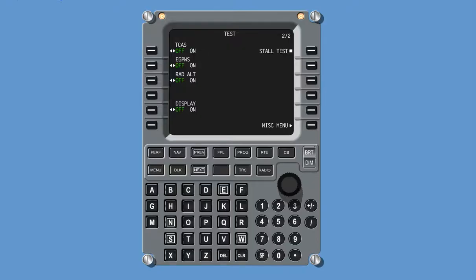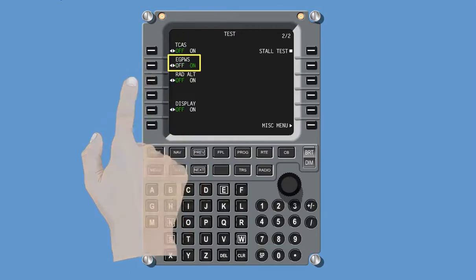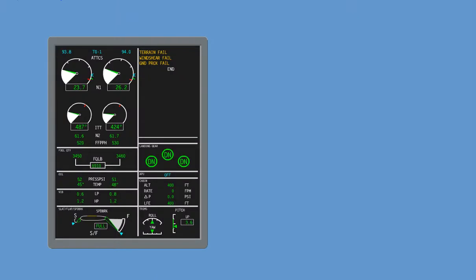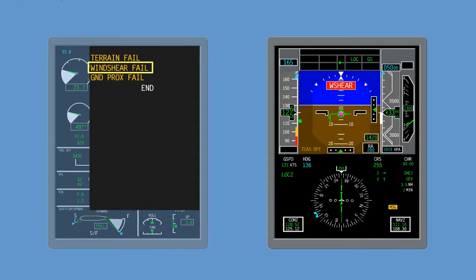All EGPWS warning functions, including the wind shear warning function, are tested during cockpit self-test prior to takeoff. The self-test is activated using the MCDU test page. During the test, an amber wind shear fail message is displayed on the ICAS. A red wind shear message is displayed on the PFD,